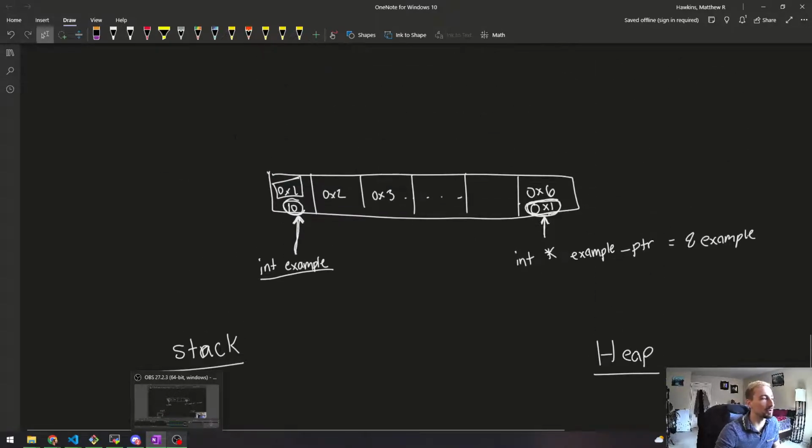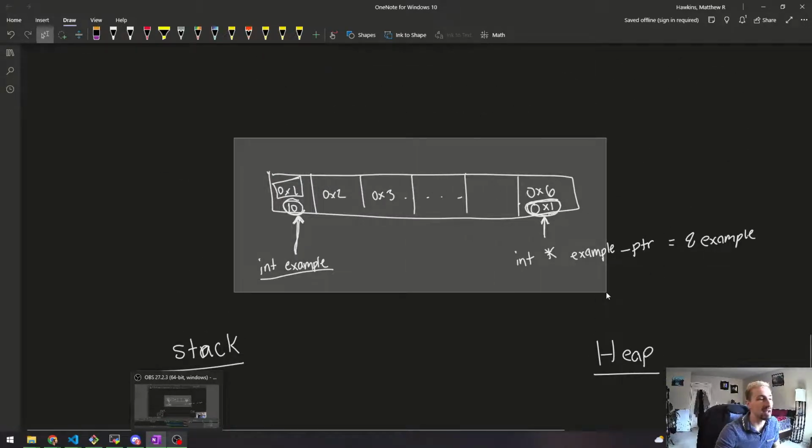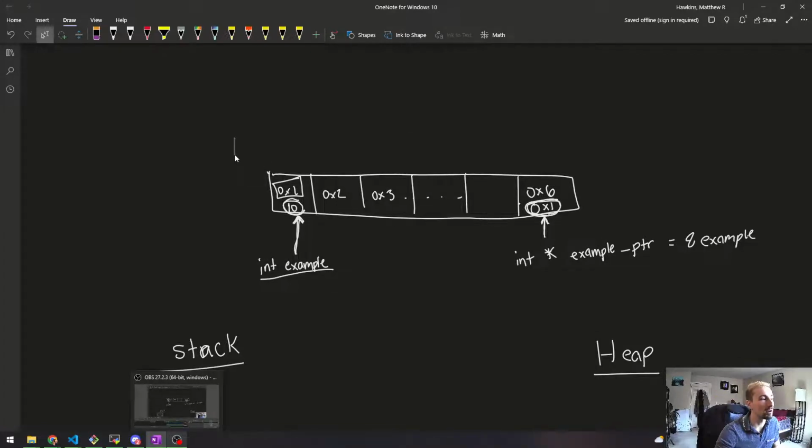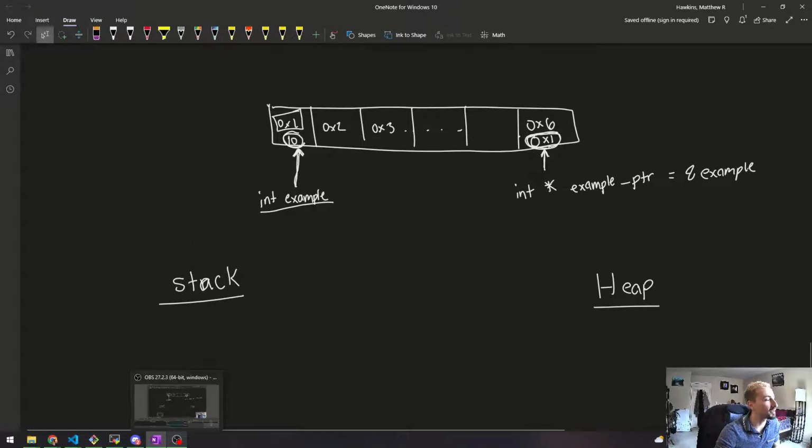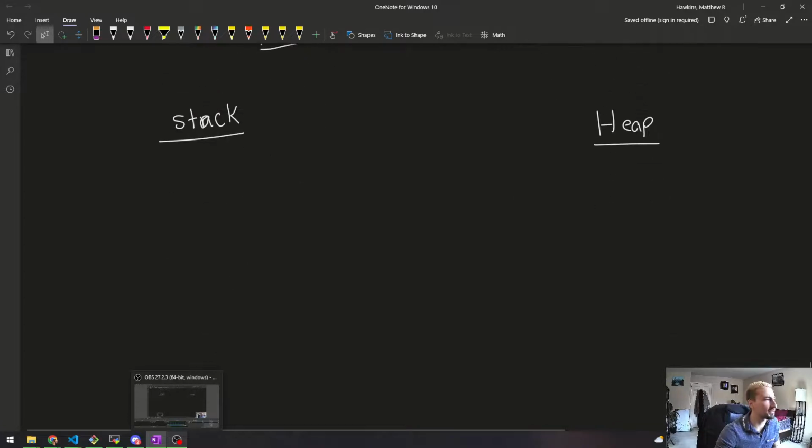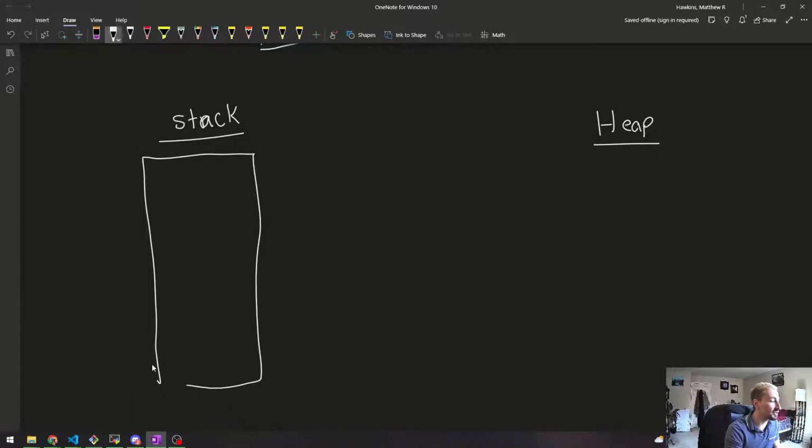And these are both going to be spots in memory. So this thing right here that we just drew is a chunk of memory that we wrote on the stack, or that we used on the stack, okay? And the stack is basically a whole chunk of memory that gets used up when our program is compiled. So when you say G++ and then the name of your program, all of the integers in your program, all the characters in your program, all of the strings in your program get given some space in this stack memory,